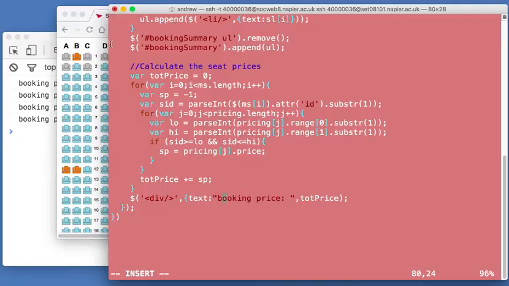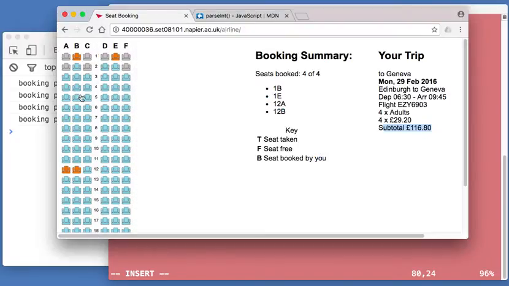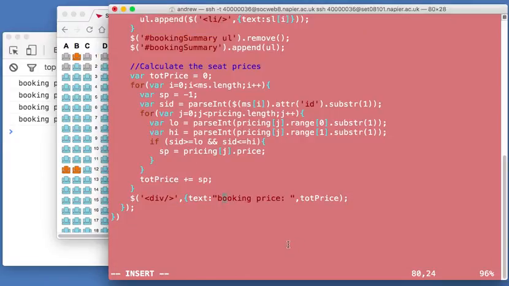Booking price, shall I put in a capital to be consistent? That was subtotal with a capital, so let's give it a capital B. Booking price plus, let's put in a pound sign as well. So booking price, totPrice, close the curly bracket, round bracket I already closed, and that's my div,